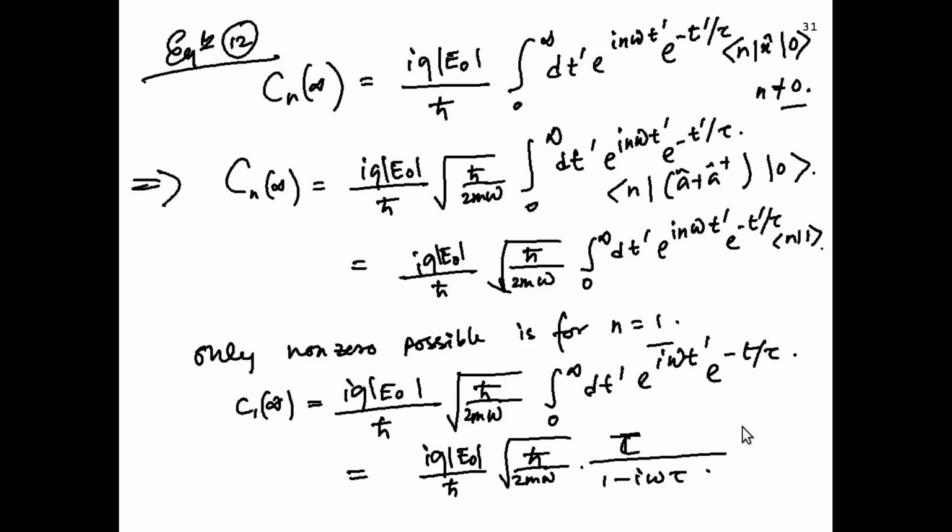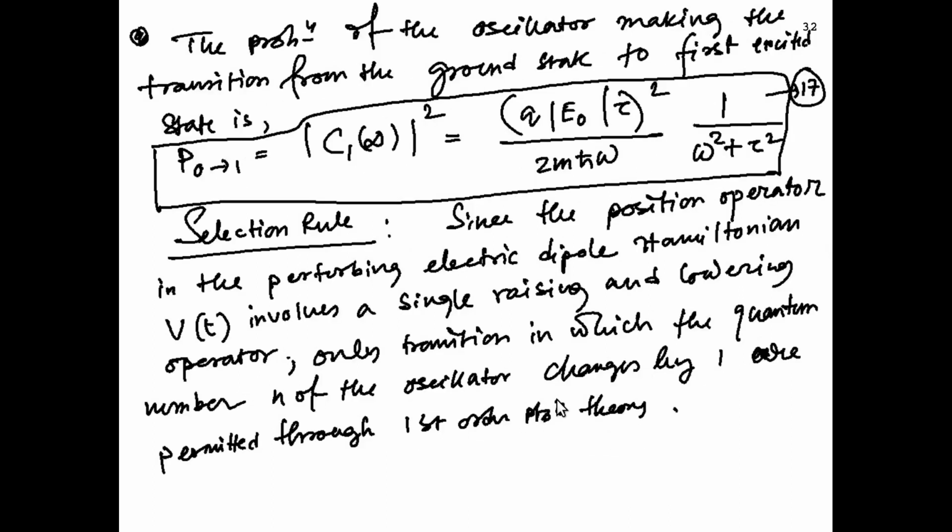So we just evaluate this formula. It is very simple to evaluate; you can think of it as a Fourier transform of this exponentially decaying function, and that is nothing but tau by 1 minus i omega tau, with this prefactor. So what is the probability? Square it. The probability is simply this. It's a Lorentzian form which has a peak in the middle, and we will discuss its physical interpretation later. So this is the form you will get.